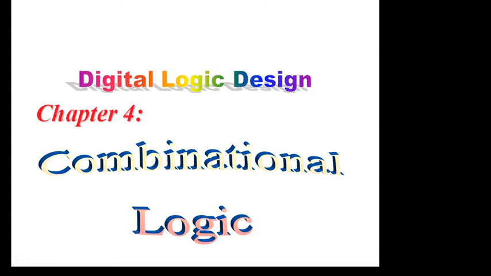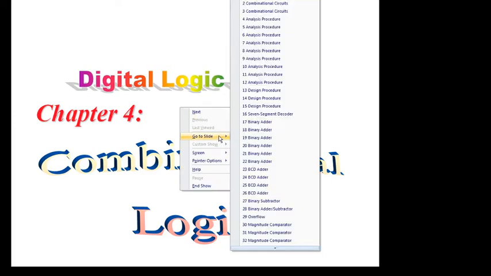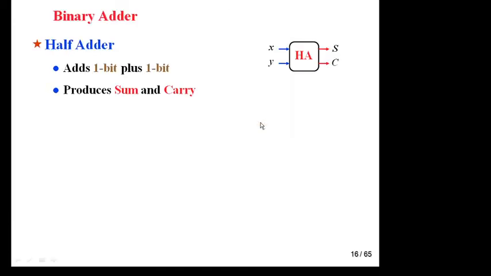Today I will discuss half adder, full adder, parallel binary adder, BCD adder, and BCD and binary subtractor. Okay, in combinational circuit, you know what is the function of adder? Adder is nothing, it simply adds two numbers. Suppose there are two numbers: 0 plus 0 is 0, 0 plus 1 is 1, 1 plus 0 is 1, and 1 plus 1 is 10.